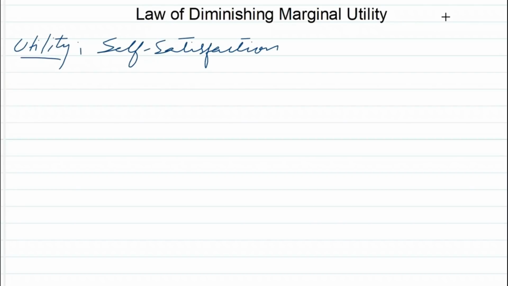Law of diminishing marginal utility is an interesting law in economics, and it definitely explains human nature. Utility refers to self-satisfaction that we derive by using a certain product. But keep in mind, utility does not mean benefit. It can be beneficial, but sometimes it is not. For example, smoking gives utility to the smoker, but it does not give benefit to him.